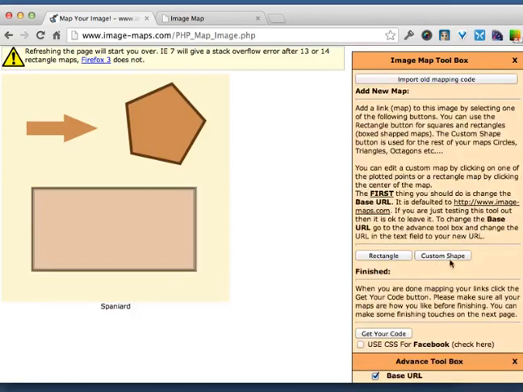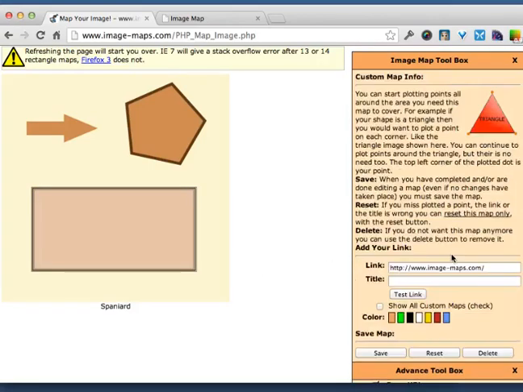But I have two more shapes on here, so I'm going to have to use a custom shape. So click on the custom shape button, and then you just put your points for your custom shape. So I'm going to map this pentagon. And I want it to go to test.html, and this is a test page. So we'll save this map, and then I'll map my arrow